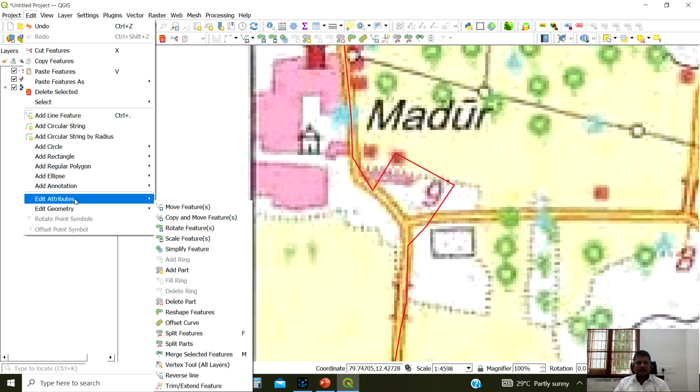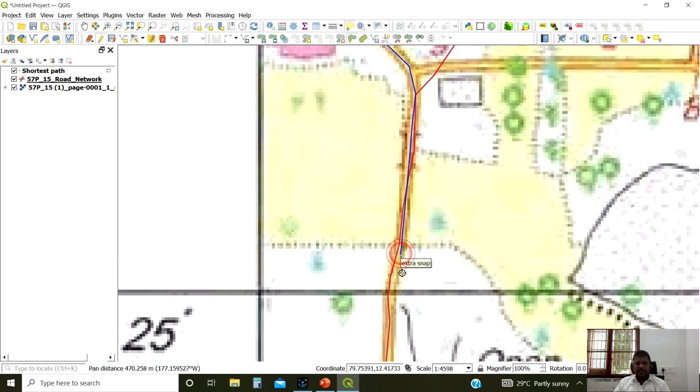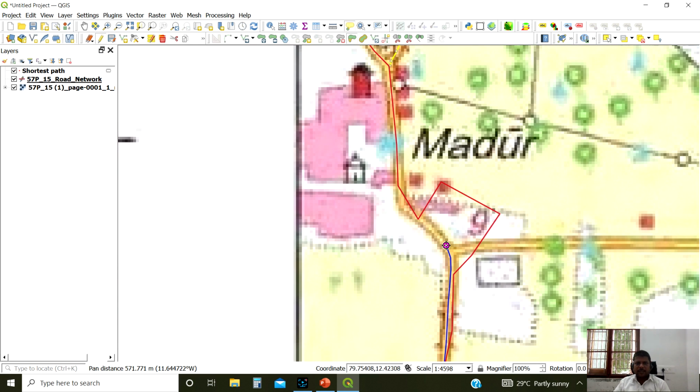Edit, geometry, reshape, reshape feature. You select, you start like this. Give more vertices and bring it straight. You go outside. We have to cross one time, and one more time in the other portion of the line, at least.